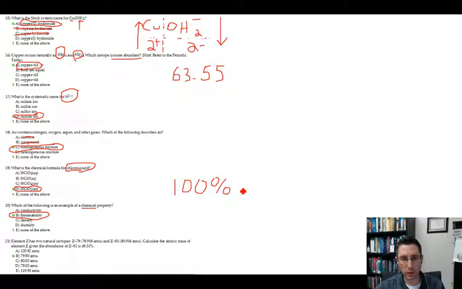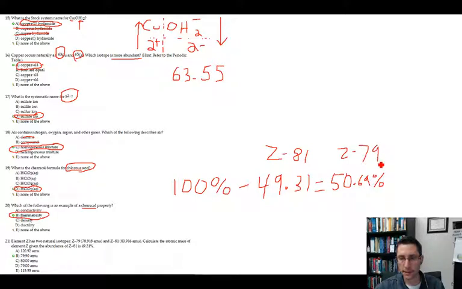So if there's 49.31% of one of them, there's 100 minus 49.31, or 50.69%, of the other one. So 49.31 is Z81, which means Z79